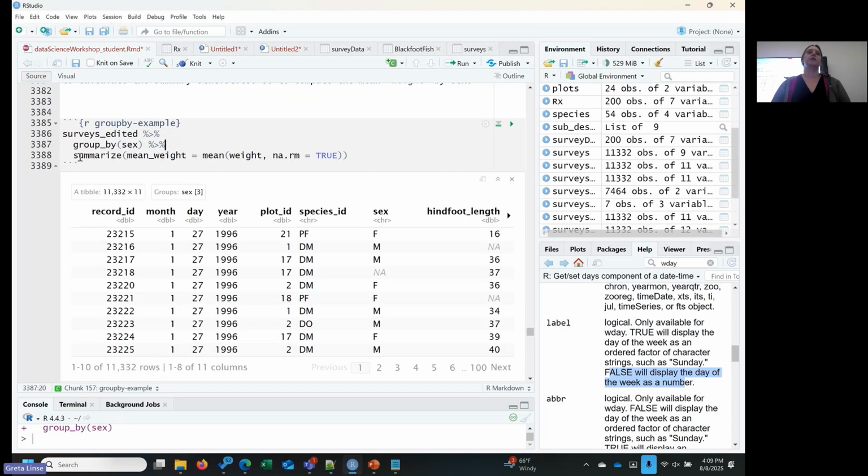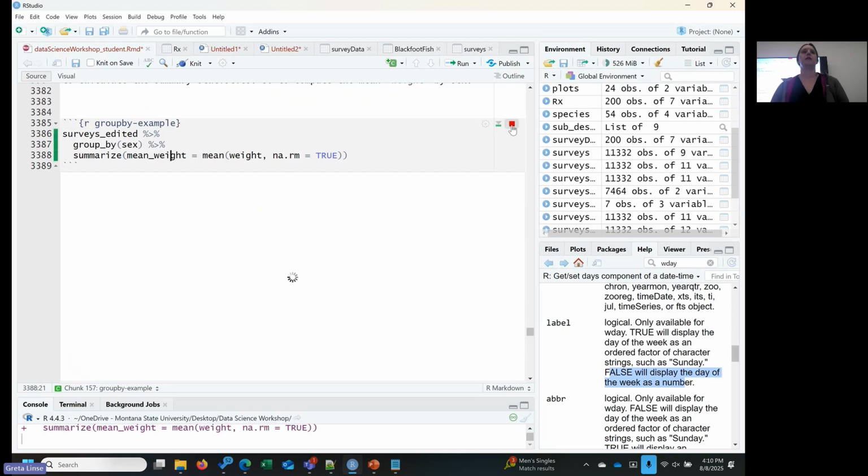So we've grouped those. So let's summarize by those groups. With summarize, you can create any calculation and it'll just return one row of summary values. So here we have all the data and it's grouped by sex. In summarize, we want to calculate the mean weight for each sex. So we have our mean function, we have our na.rm to deal with missing values, and then we give it a nicer name. So we're going to call it mean weight. And if you run that,